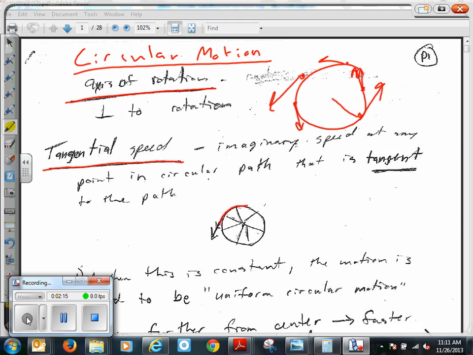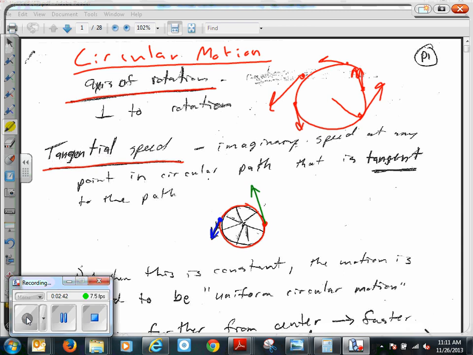So if this is our path here, at one point in time, in what direction would the velocity be right at this point in time? What would you say, people? Well, it's at a tangent to the path. So if it would have been to the side, it would have been straight up. Does that make sense? So as you can see, this one here, at this moment in time, it's at a tangent.